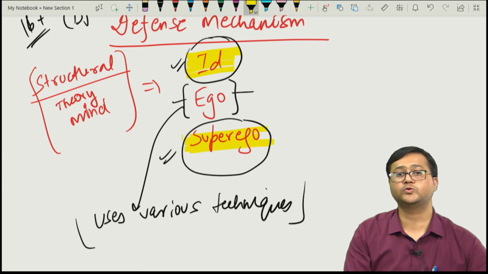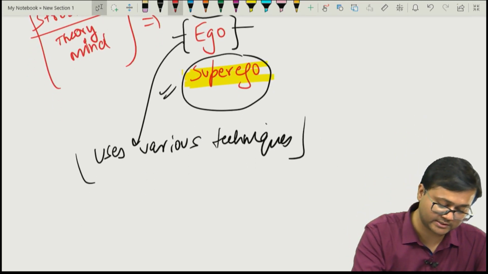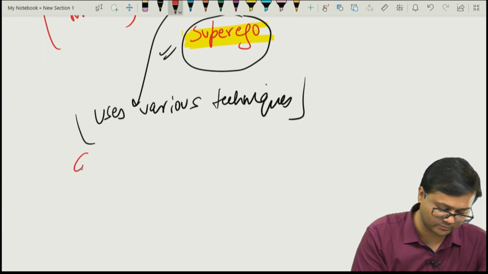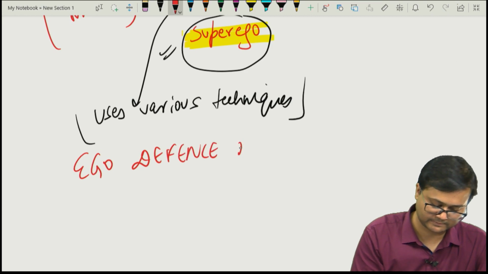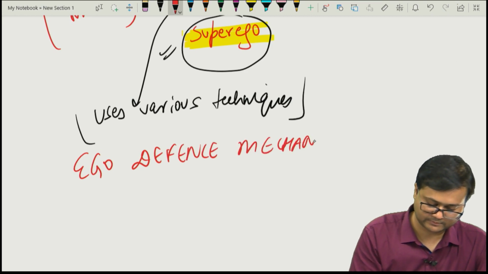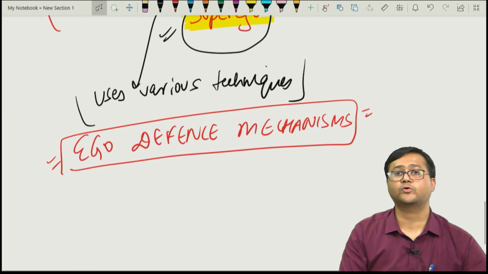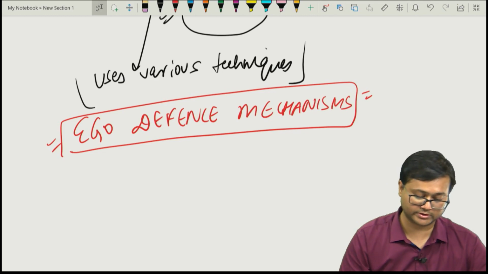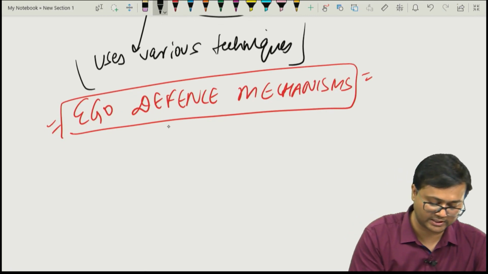The ego uses certain techniques to resolve these conflicts, and these techniques are what is known as the defense mechanisms, also known as the ego defense mechanisms. Initially they were given by Sigmund Freud, and later on other mechanisms were added by other authors as well. Basically, according to the George Vaillant classification,